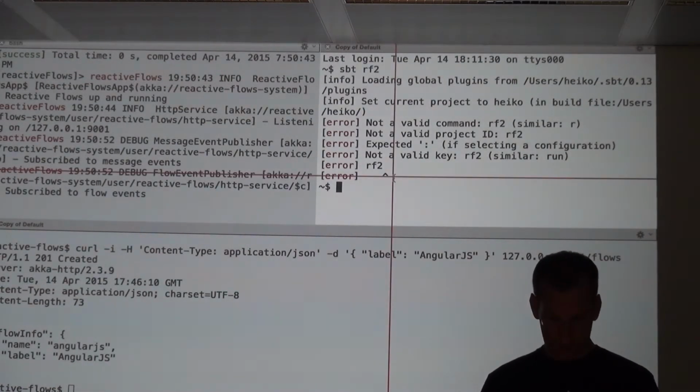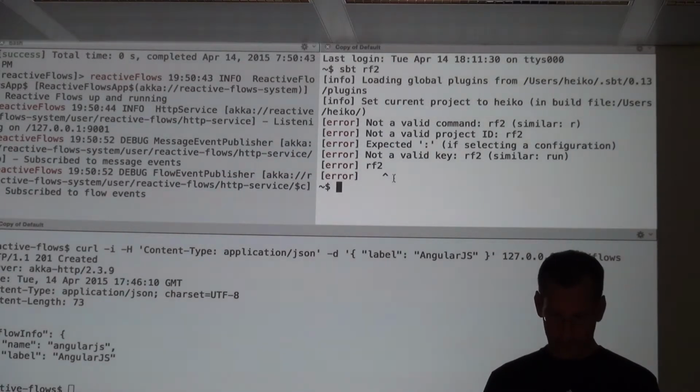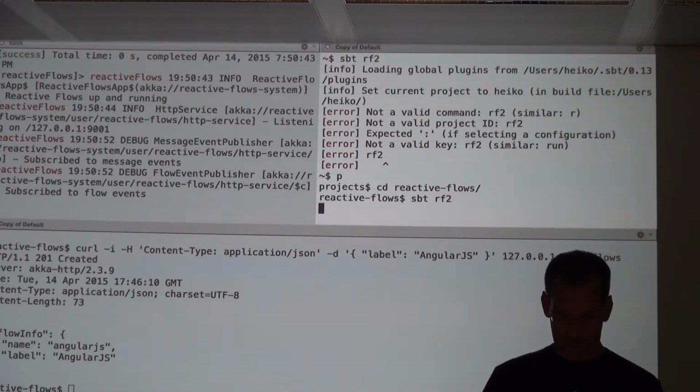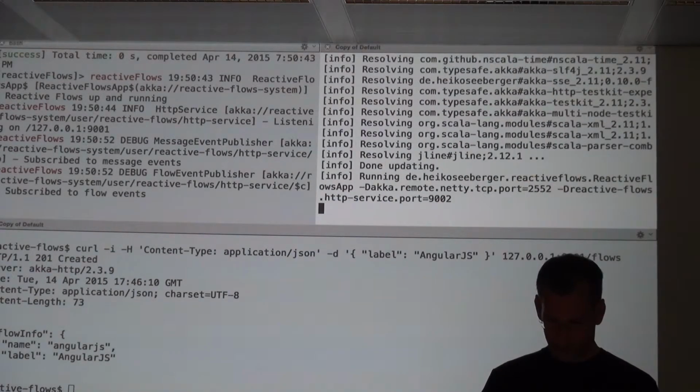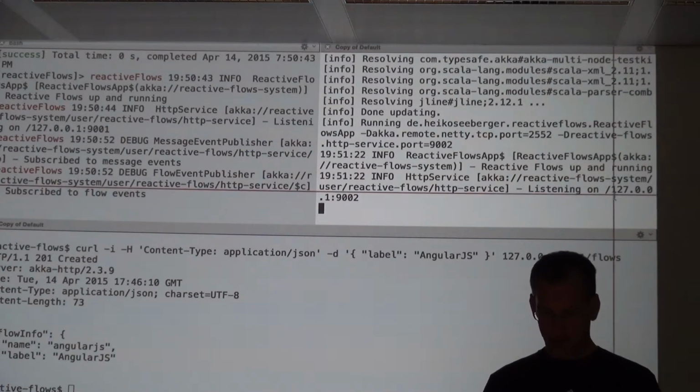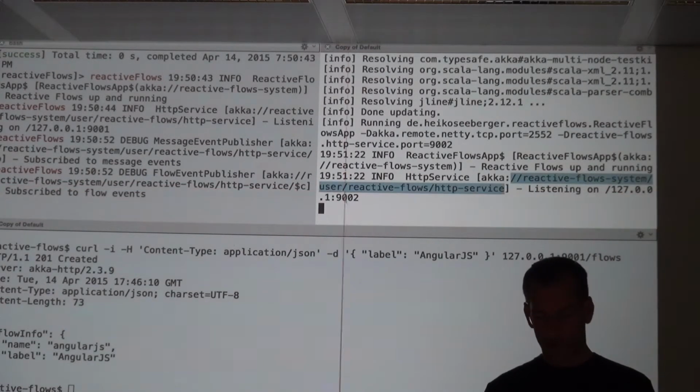Okay, this is the wrong directory. Oh, I changed my iTerm settings. I need to go to project, and then cd vector flows. Okay, now I can do it. Now the second node listens on 9002.